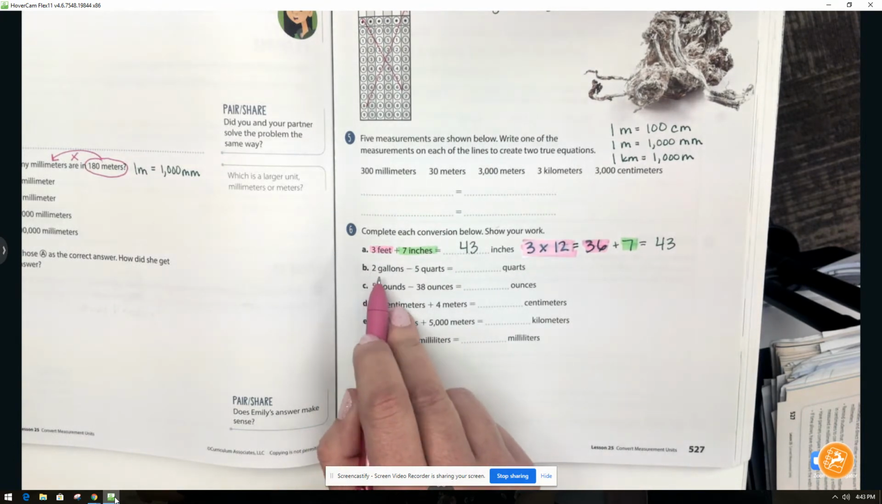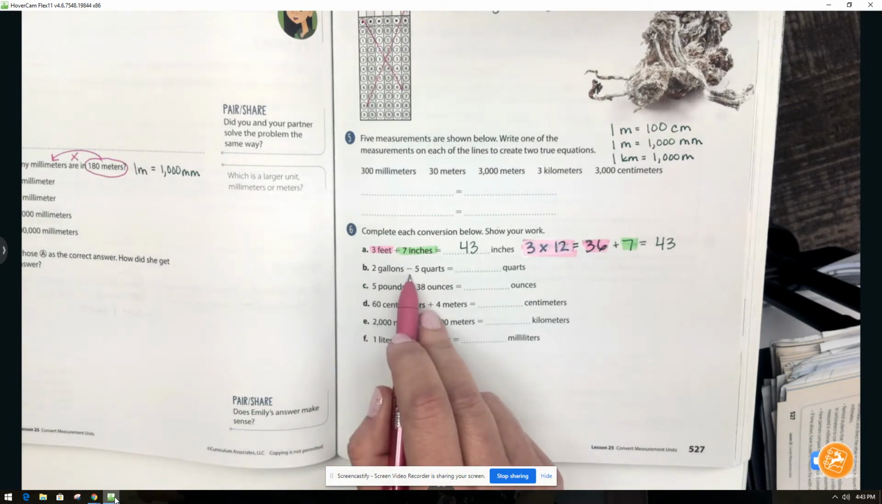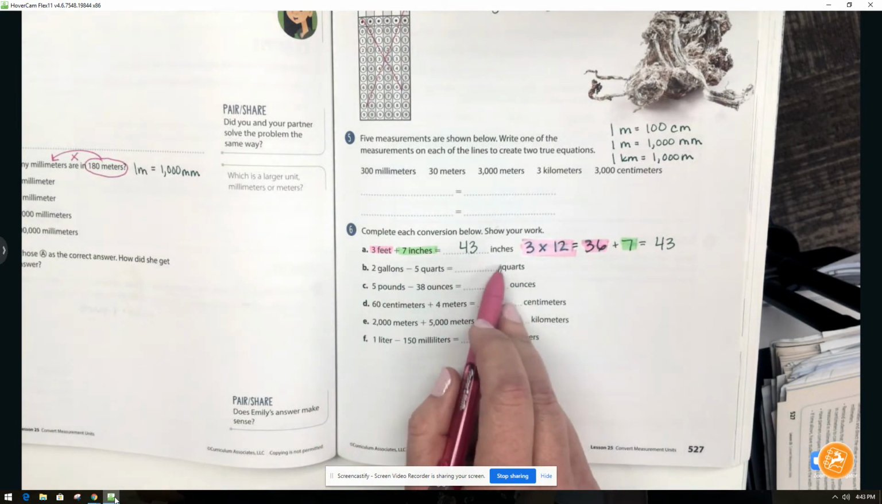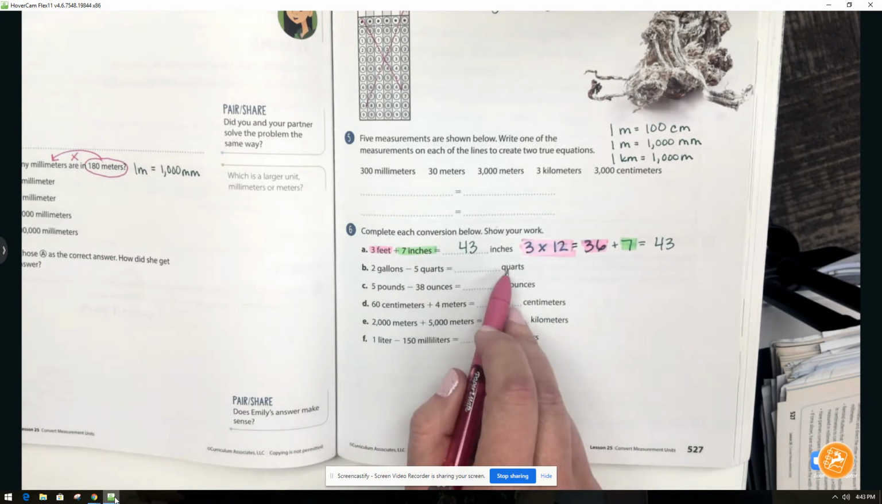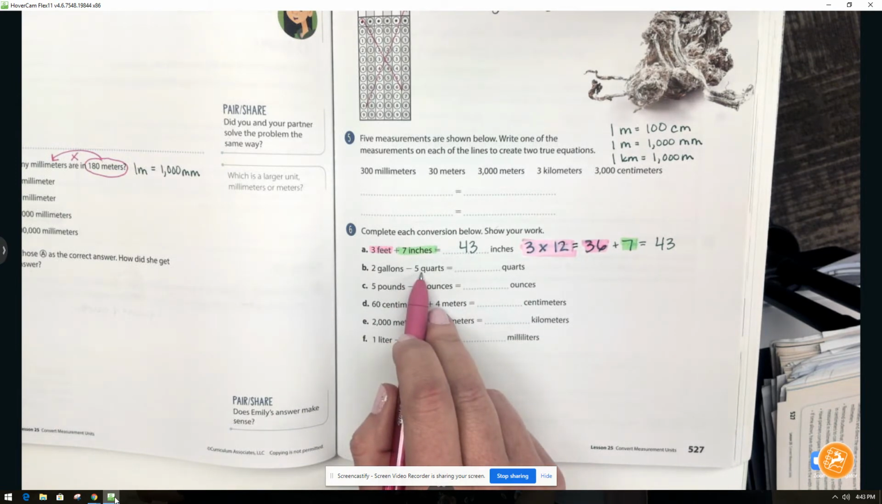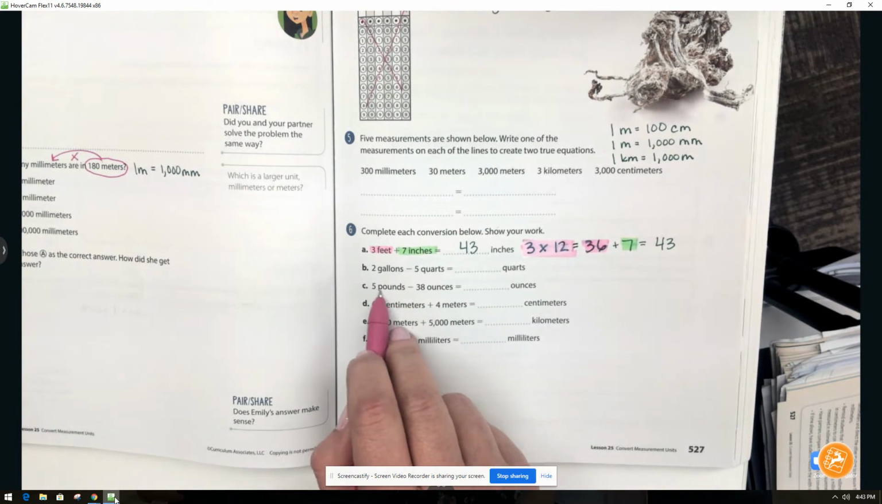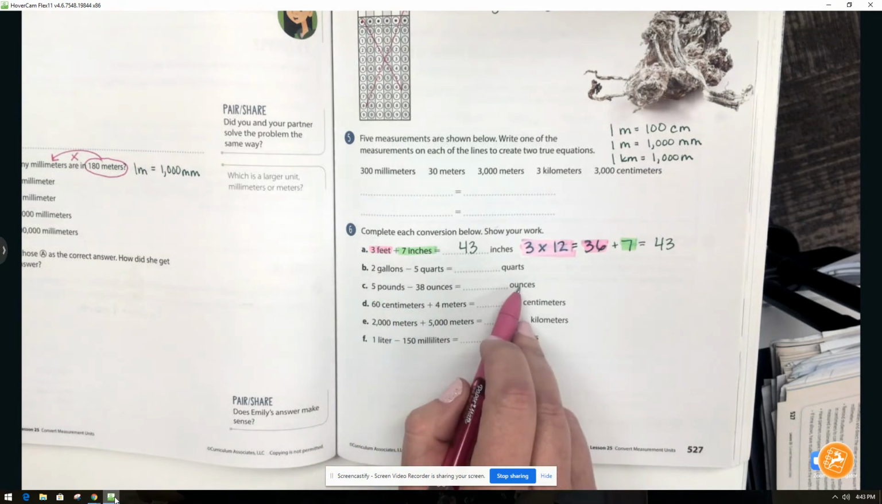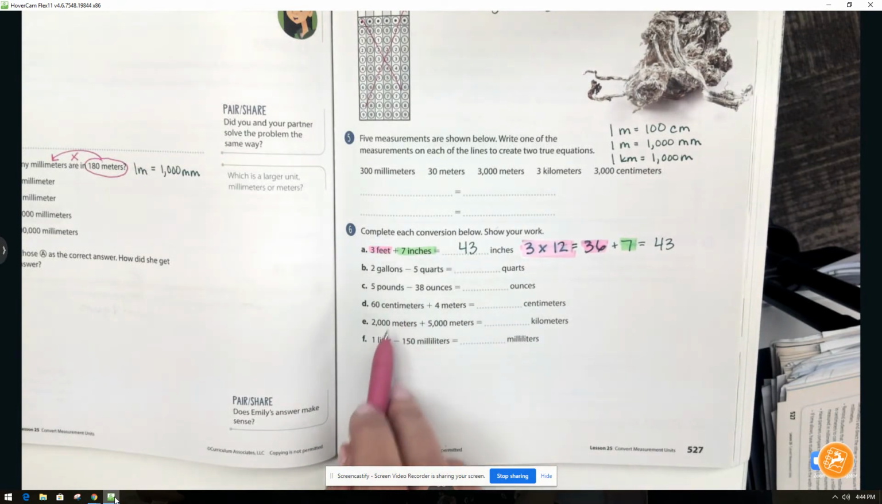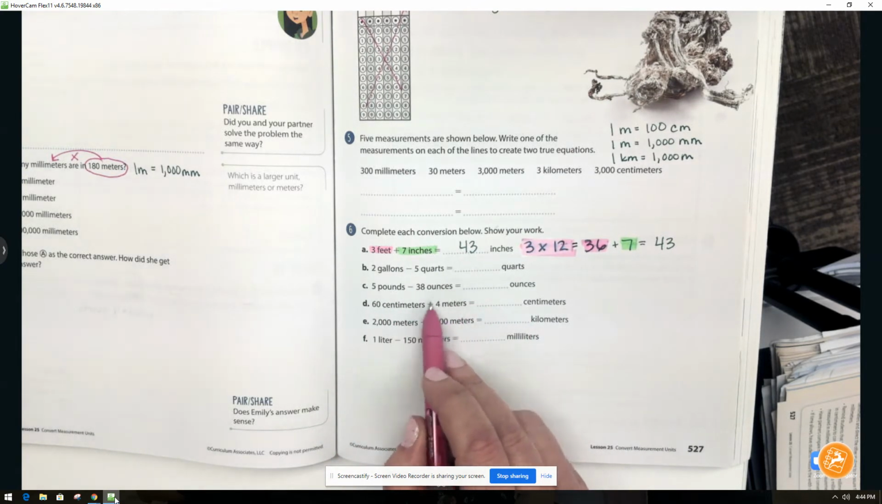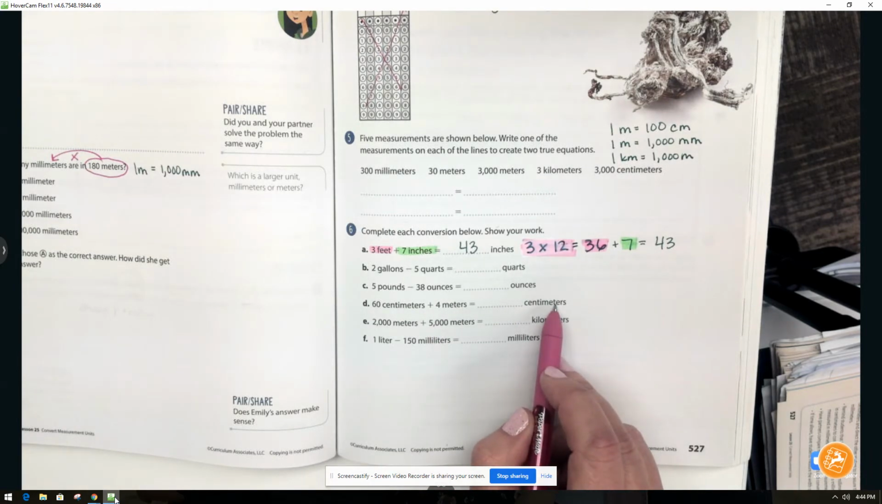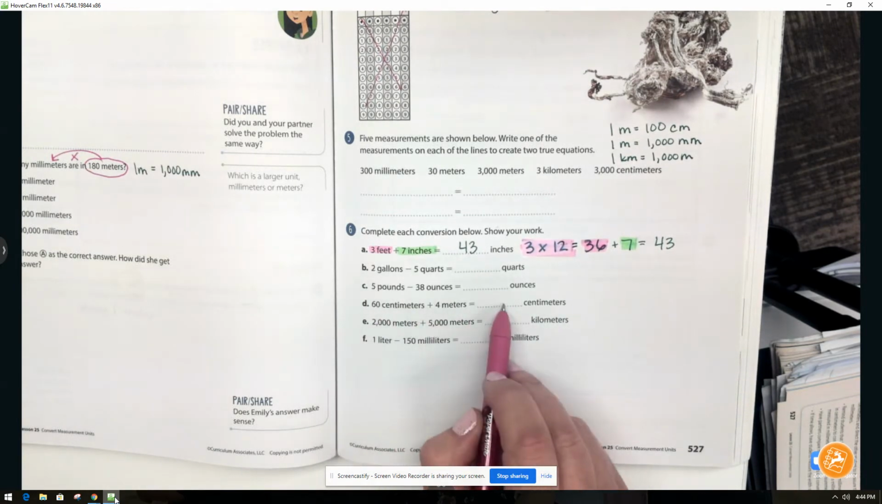For part B, you're going to take 2 gallons and subtract 5 quarts and then give the answer in quarts. So you need to convert 2 gallons into quarts and then subtract 5 from it to get your answer. Here, you need to convert your 5 pounds into ounces and then subtract. Here, you need to convert your centimeters. Oh, we're not converting centimeters, my bad. We're going to convert these 4 meters into centimeters and then add 60 to it to get our final amount